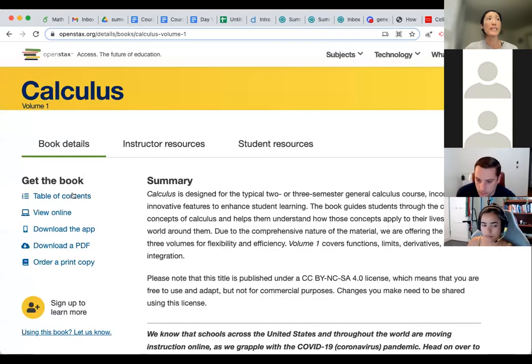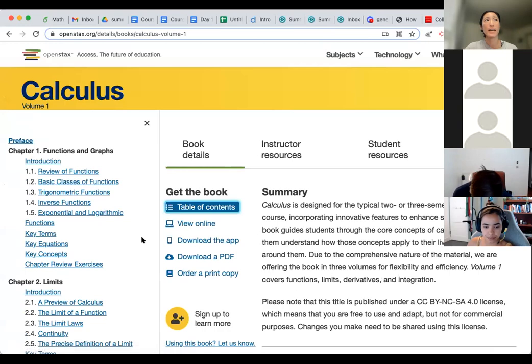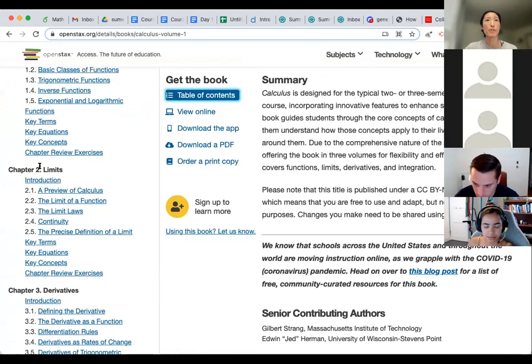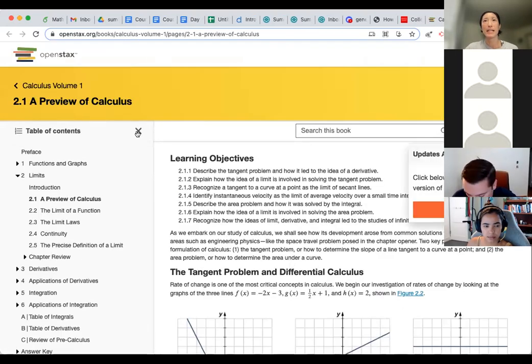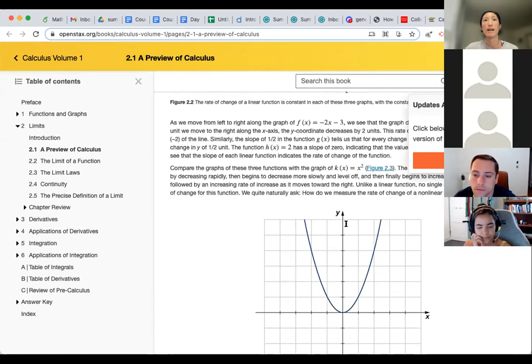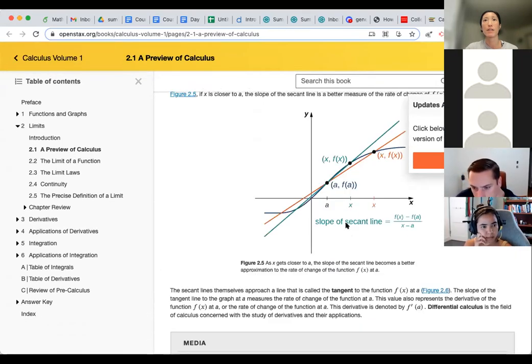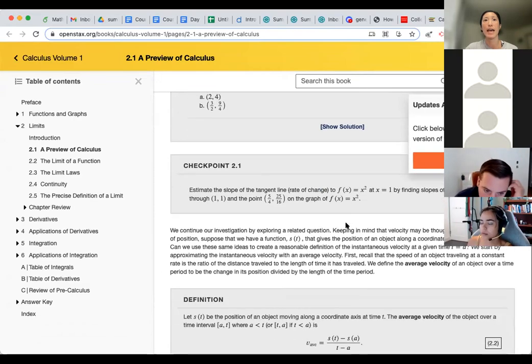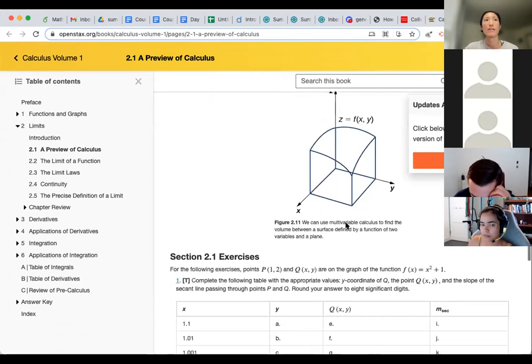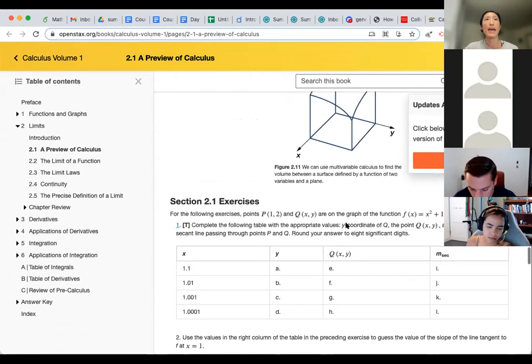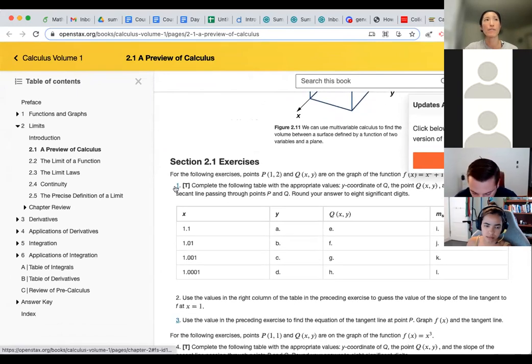And the textbook has a table of contents. We're going to be starting in chapter 2, but if I went to say 2.1, the nice thing about this textbook is you're able to sort of highlight things. It has all the pictures here. And if you go to the end of any given section, there are exercise questions,